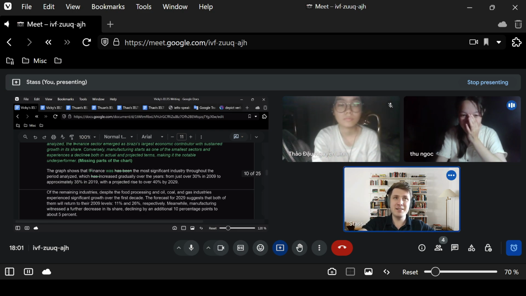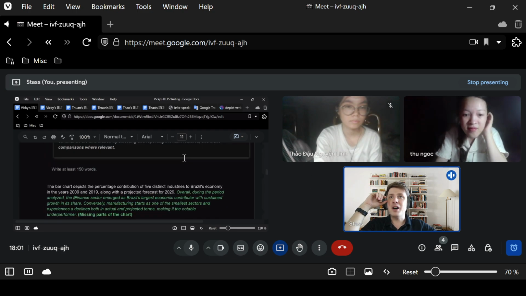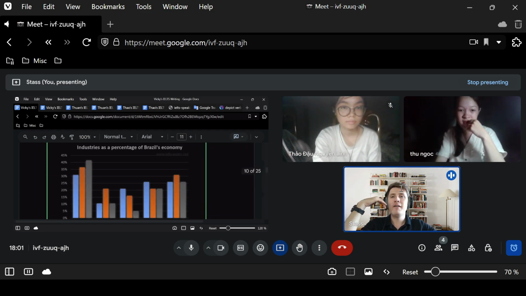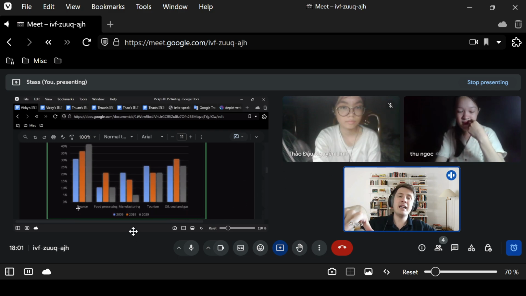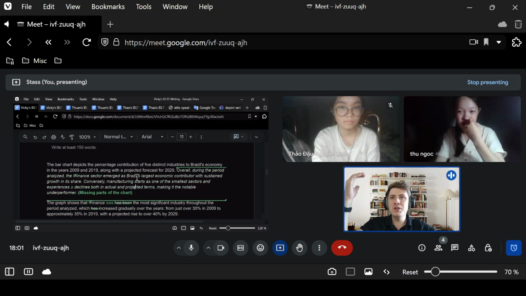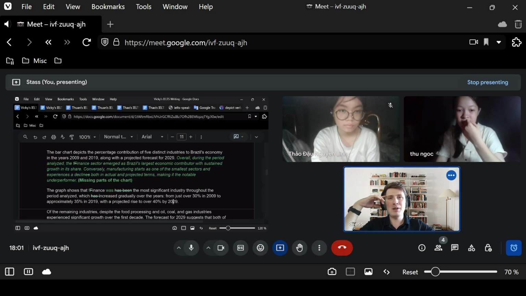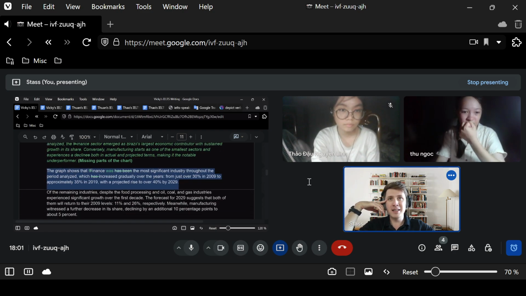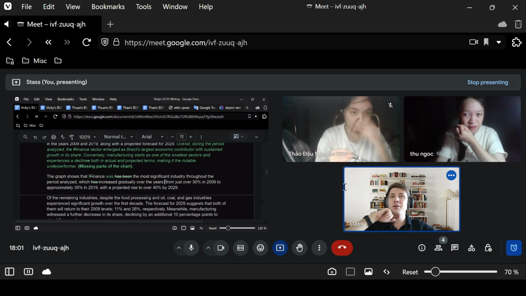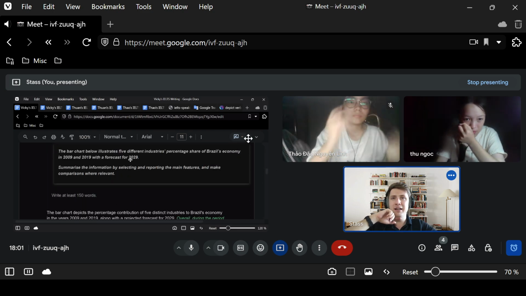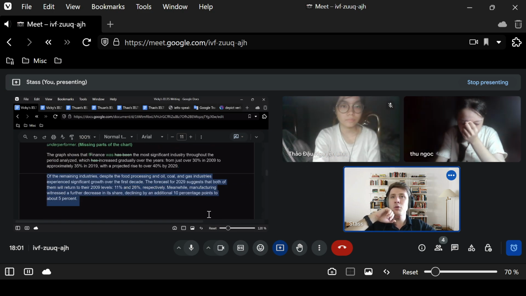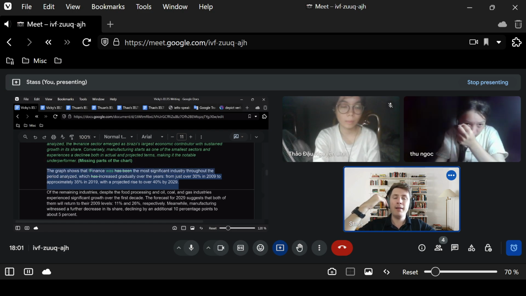Compare. Yes? So you have the rise, and you can compare it with the fall, right? So maybe finance, manufacturing, something like this. The overview is kind of long, but it doesn't include the necessary information. The body is a little bit too short here, and it also doesn't include the necessary comparison. The comparison should be made here for a higher score. All right, then you imagine you compare the two industries here, then that's great.